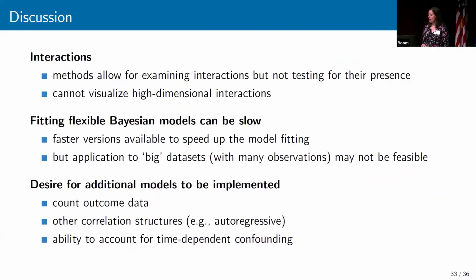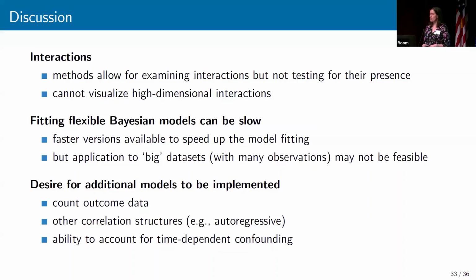So just to wrap up, there's still limitations. Like we've learned, no method is good for all questions. BKMR allows you to visualize interactions. Even that can be challenging when you have high dimensional exposure response functions, but it's not testing for the presence of, is there any interaction between these two exposures?